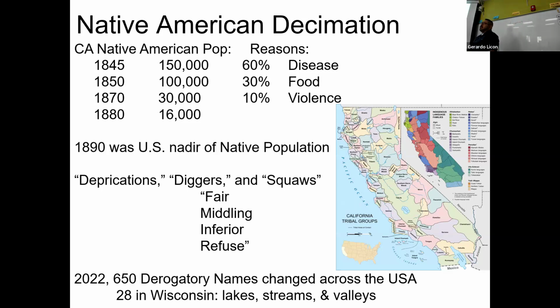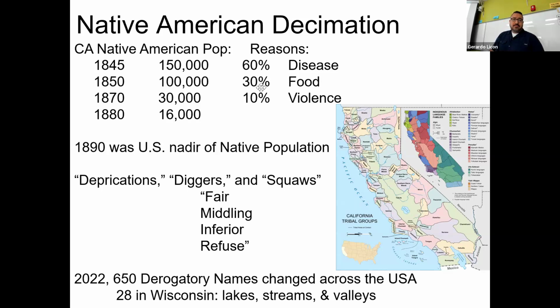One of the peoples who were most affected by California becoming part of the US is the Native American population. And their population was decimated. And here's an example. In 1845, there were 150,000 Native Americans in California. Within 5 years, 1/3 was dead. By 1870, down to 30%. By 1880, 16%. So like a 90% decline in 35 years.